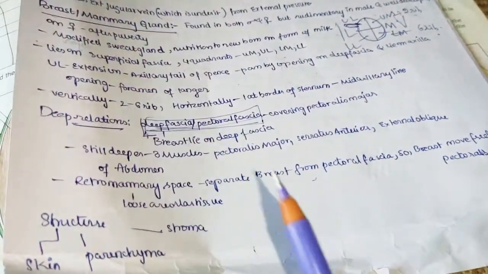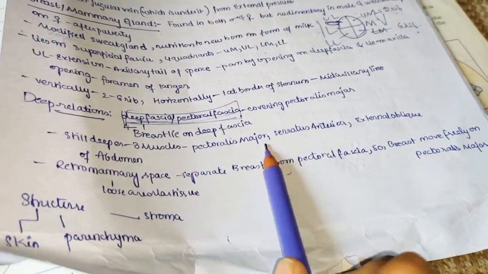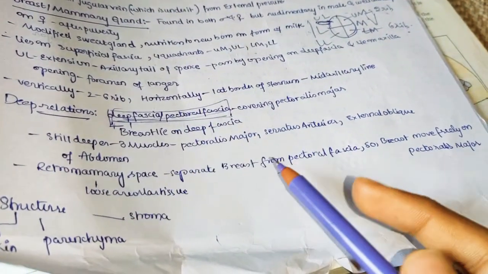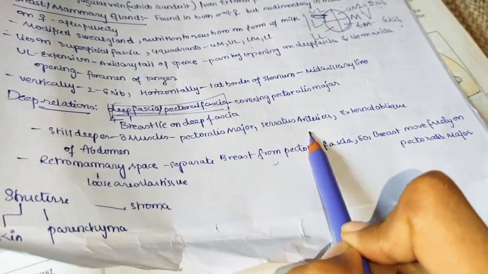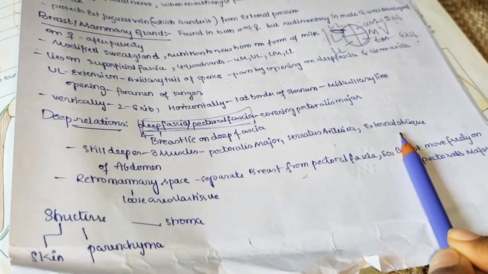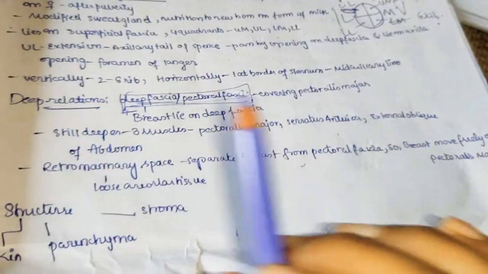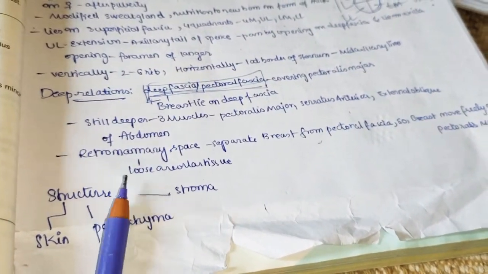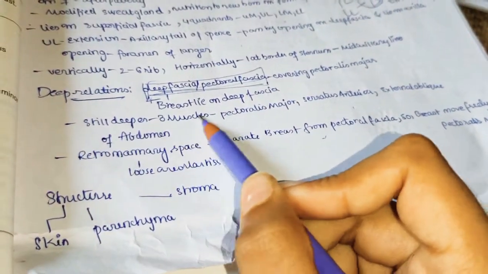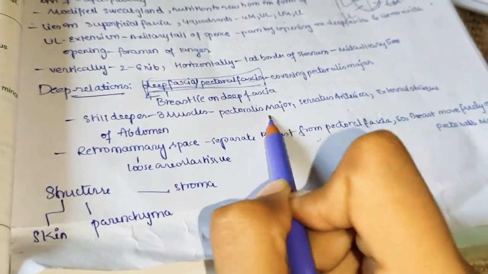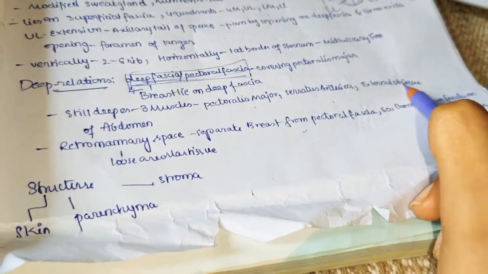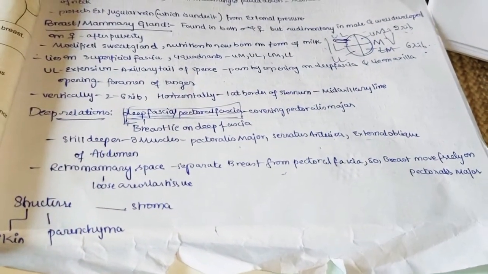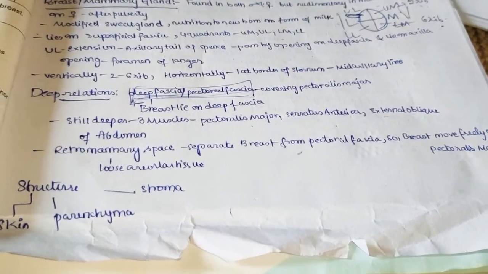So now coming to still deeper, there are three muscles, that is pectoralis major. Just now I said upon the pectoralis major only you have the pectoral fascia, and next you have the serratus anterior muscle, and also you have the external oblique muscle. So understand, going deeper from the deep fascia, you will find the three muscles: pectoralis major, serratus anterior, external oblique. External oblique is actually a muscle of the abdomen. So these are all the muscles which you find deeper to the deep fascia.